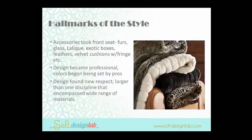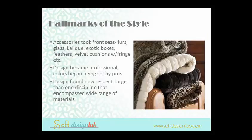Accessories really took the forefront, if you will, in Art Deco versus window treatments or bedding. It was all about exotic furs, velvet cushions with fringe, feathers, shagreen-covered boxes, which again in the accessory market are hot right now, right? Lacquer, Lalique crystal and glass, again another precursor that we were seeing at High Point Market, glass becoming important as